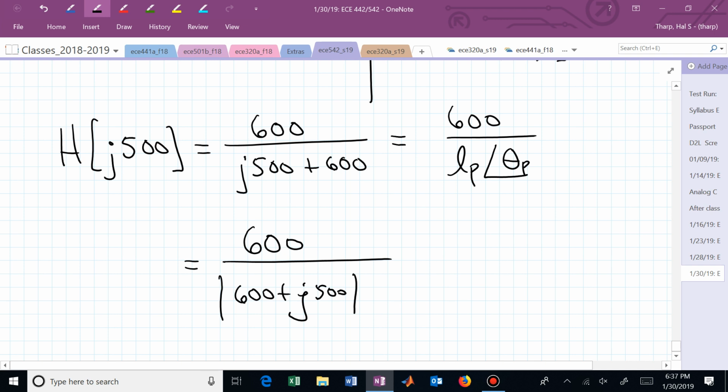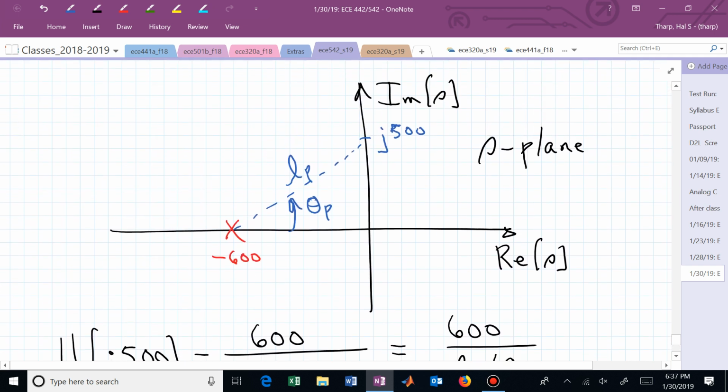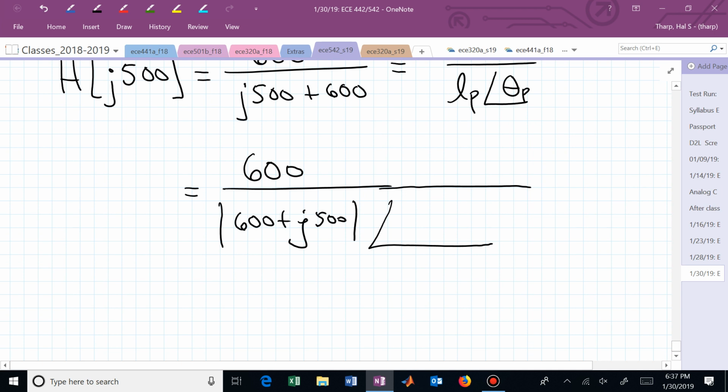And what's the angle? What's theta p? How would I find that angle? Now we're going back to our trig. So remembering previous knowledge, we have to remember our trig. And what's theta sub p based on this triangle? The inverse tangent or arctan of opposite over adjacent. The opposite is 500, the adjacent is 600, so now we have the inverse tangent of the vertical